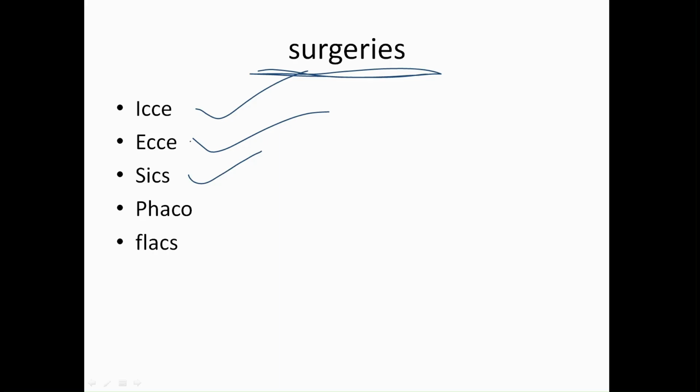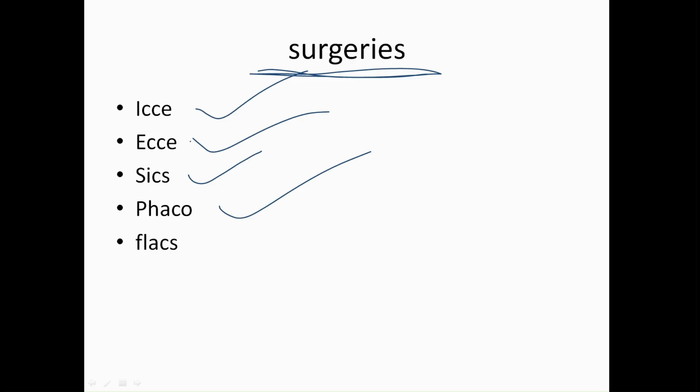Then you have SICS, which is also an ECC procedure, but it is known as small incision cataract surgery because the size of the incision is smaller, and here the technique is such that the lens can be kept inside the capsular bag. Then you have phacoemulsification, which is very much the standard practice these days, wherein ultrasonic energy is used through a tip, a phaco tip. The cataract is emulsified and the intraocular lens is placed,